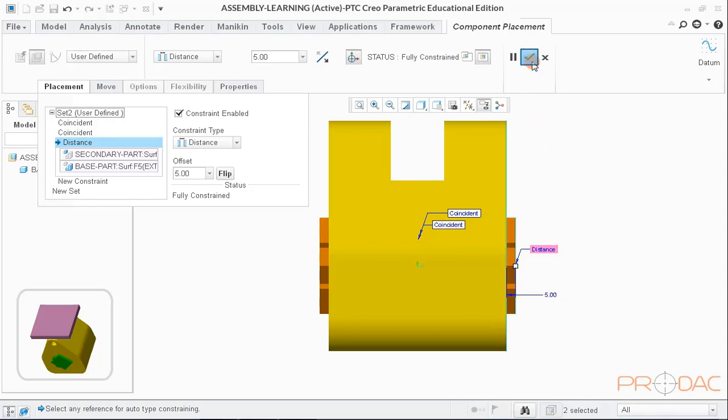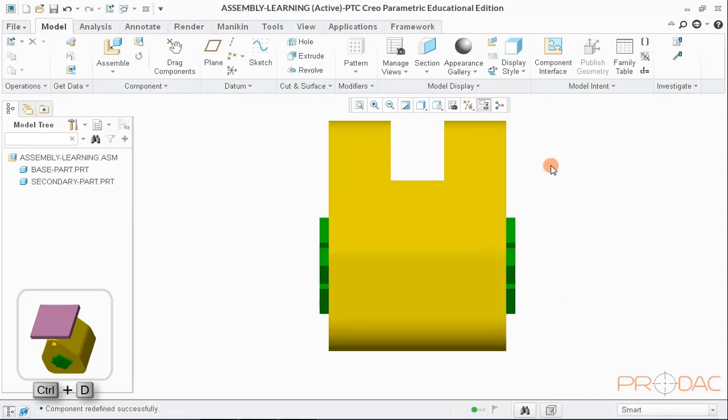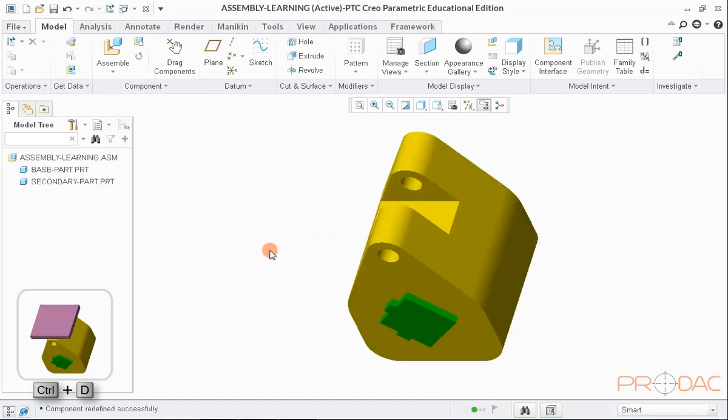Now click on OK button to proceed. So, we have assembled 2 parts by now. One more part has to be assembled to complete this.